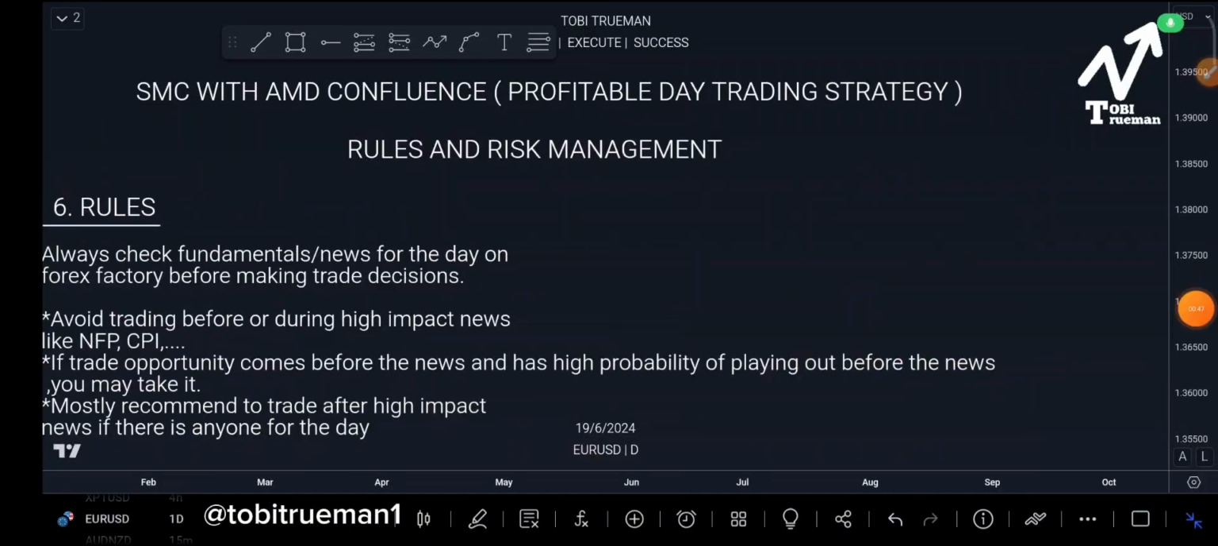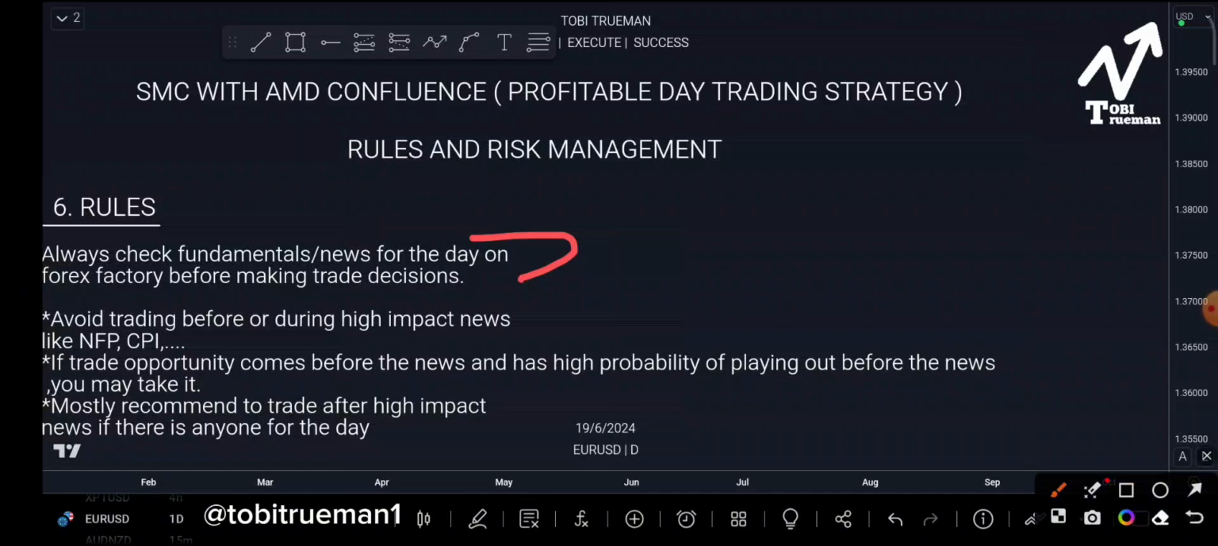Talking about the rules, we want everything to be mechanical, so you don't have to stress yourself. You see the trade, you take it, you already know what you are doing. That is why you are trying to build up the rules to apply with the risk management involved. Now, the first thing is always to check fundamentals or news of the day on Forex Factory before making trade